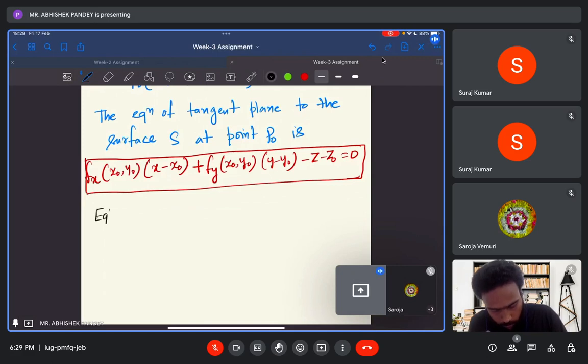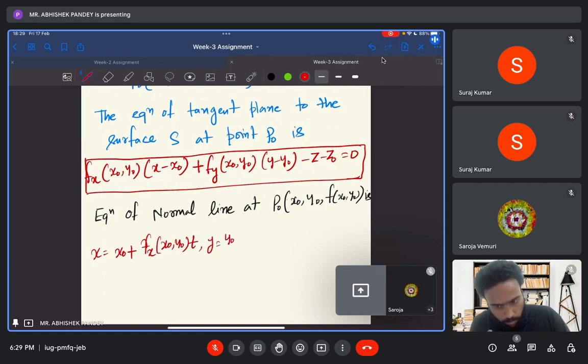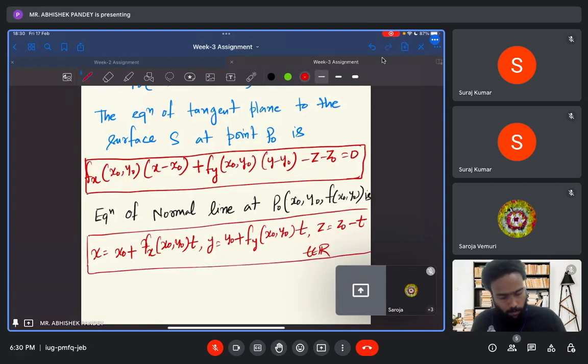and equation of normal line at P naught, so (x naught, y naught, f of x naught, y naught) is x equals x naught plus f_x at (x naught, y naught) times t, y equals y naught plus f_y at (x naught, y naught) times t, and z equals z naught minus t, where t belongs to R. Okay,